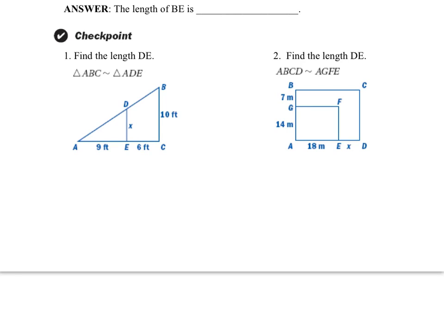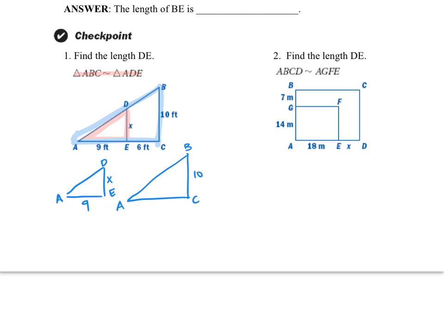Let's try one more where we have a triangle inside another triangle. So it wants us to find side length DE, and in this problem we know that triangle ABC corresponds to ADE. So maybe you can see the small triangle inside the bigger triangle. But if that's harder for you to see, it takes just a minute to redraw it, and that could be a very helpful step. So this is ADE, and this is 9, and this is X. And then we have the bigger triangle, which is